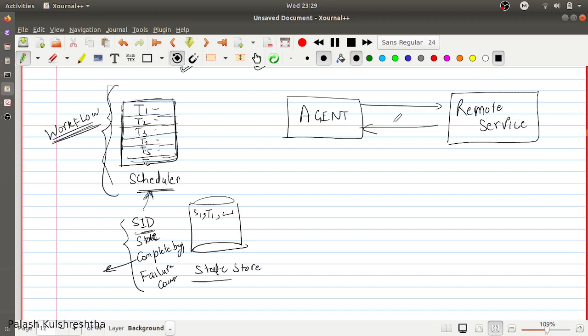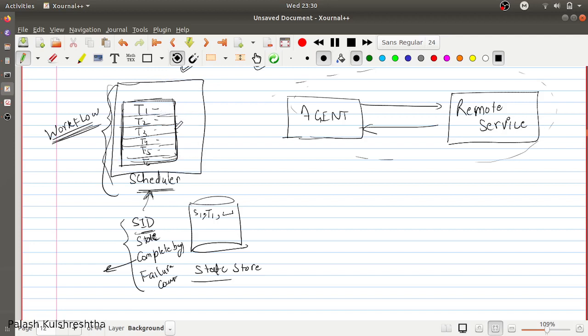This helps in separating out the logic required to communicate with the remote service. There can be some logic through which you want to interact with the remote service, and that can be separated out in the agent, and your scheduler is running the complete workflow.